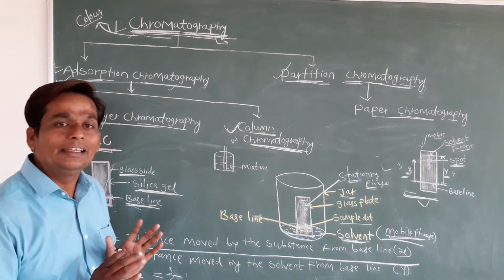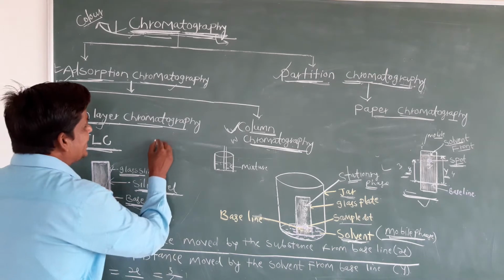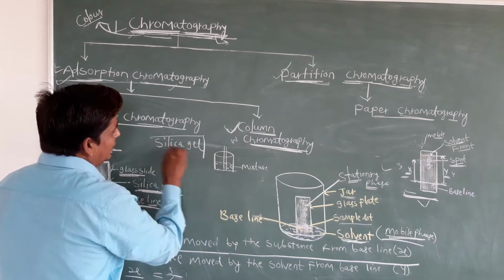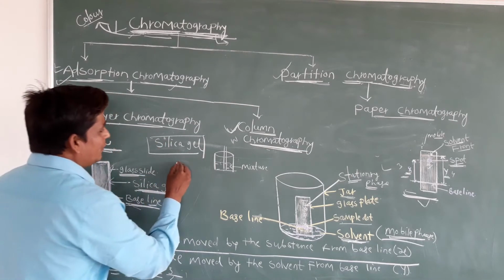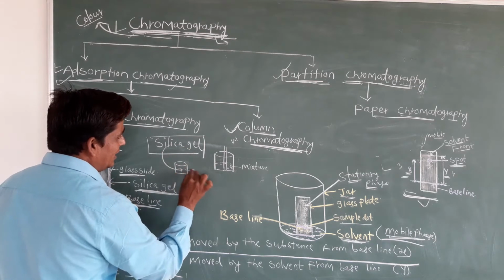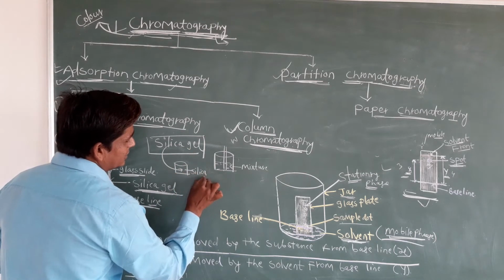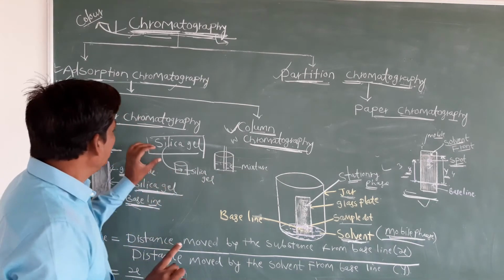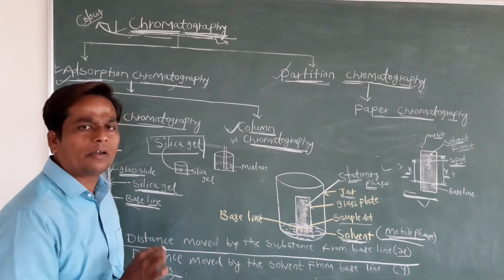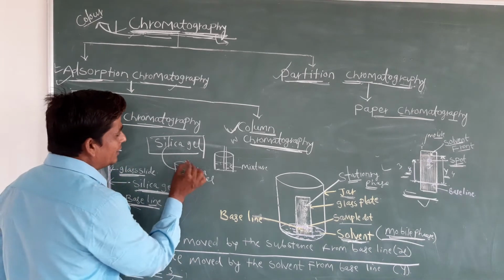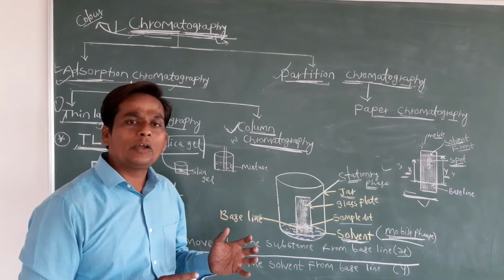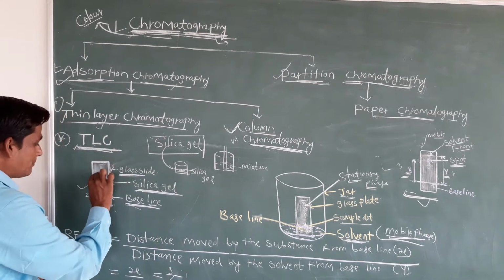We'll take one glass slide and then spray the silica gel. Actually, silica gel is in solid form. We take a beaker, add one solvent, and add the silica gel to make a slurry. Understand, the silica gel is in powder form. In the beaker we add water or any other particular solvent, add the silica gel, and dissolve it, and we will get a slurry. That slurry we can spray over the surface of this glass slide.